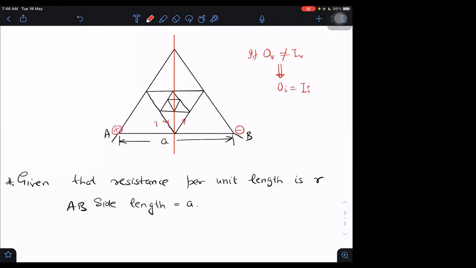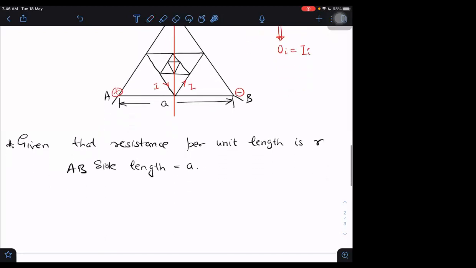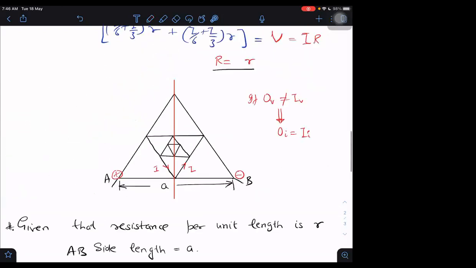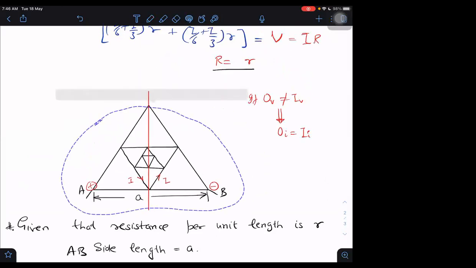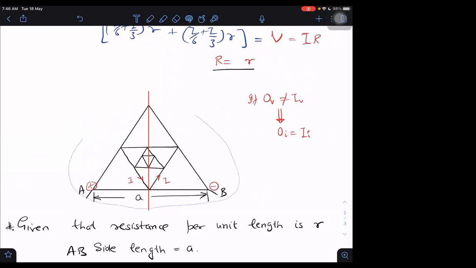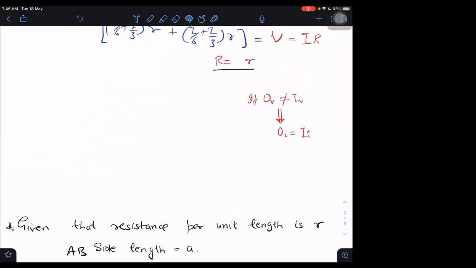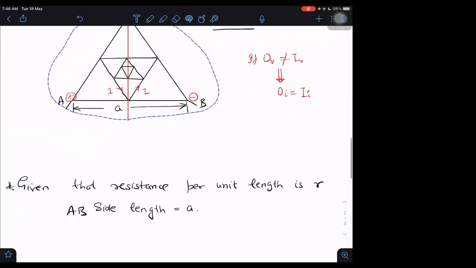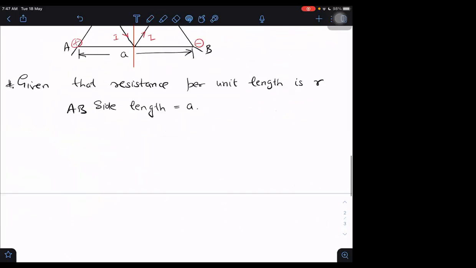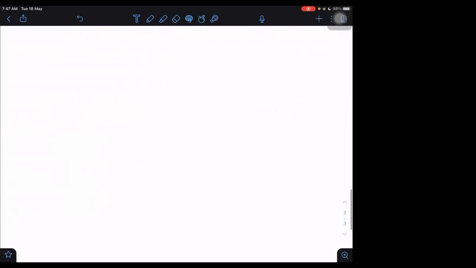Then this current, if it is I, this will also be I, and I can remove this from here and disconnect it, right? So let us disconnect it. I think I will make another diagram to disconnect again. Wait a second. Sorry. I will disconnect it here.